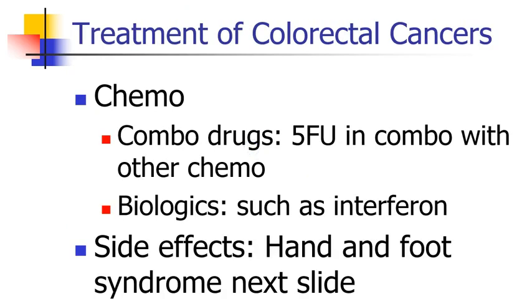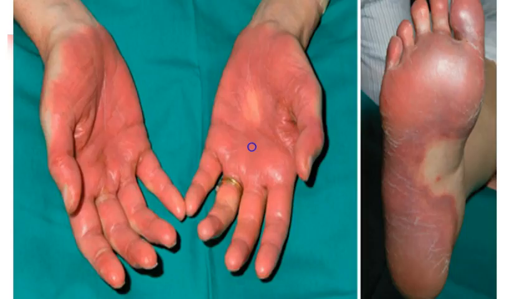There are various combination drugs. 5-FU in combo with some other agents is a very common one that is used to treat colorectal cancers. Interferon biologics can be given as well. And some of the side effects are something called hand and foot syndrome, not to be confused with the hand, foot, and mouth thing that kids get, where patients will have a severe redness and inflammation on the palms of their